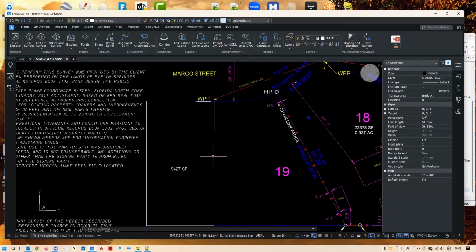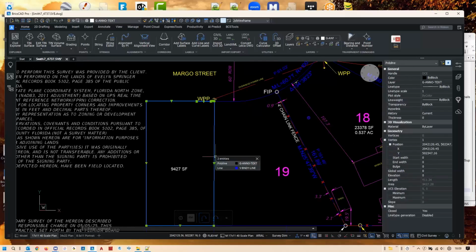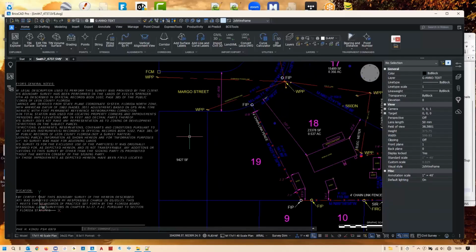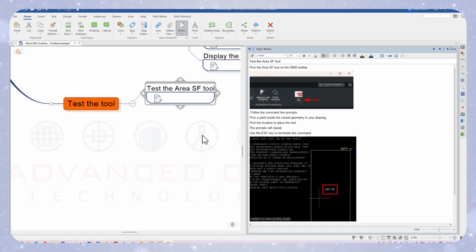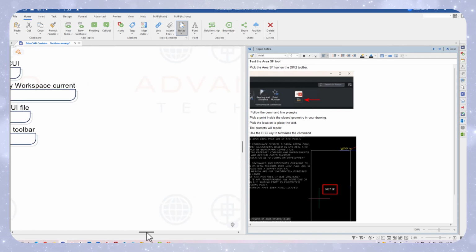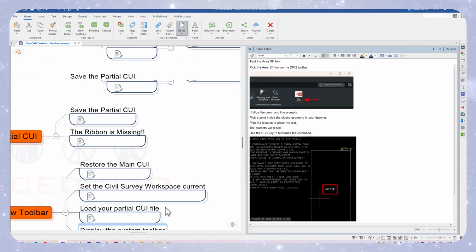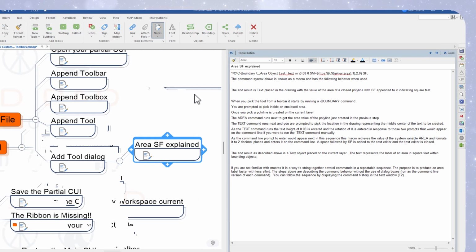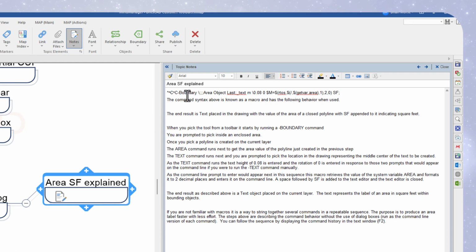Now the polyline was created on the current layer, so you can simply grip that and delete it so that you don't have some extra geometry in the drawing. So once you've completed testing that tool, let me just explain to you how that all fits together. So let's go back up to that tool and explain it. You're starting the boundary command, and then you respond to the prompts for the boundary